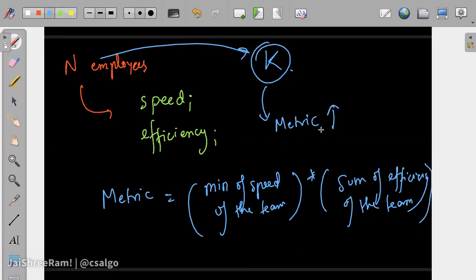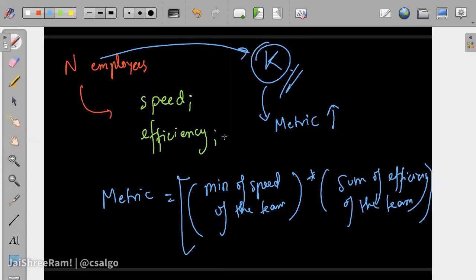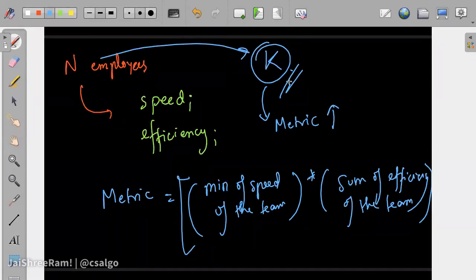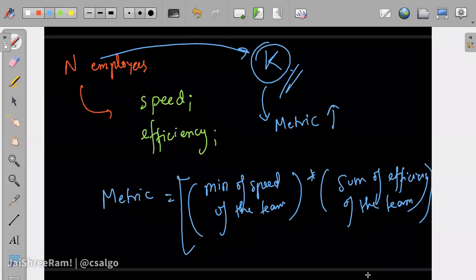And they want to form a team of k people such that this metric is the maximum possible, because they want this team to be some elite team to complete some particular job. So now it's up to you: given these speed i and efficiency i values for n different employees, you need to design this k person team.